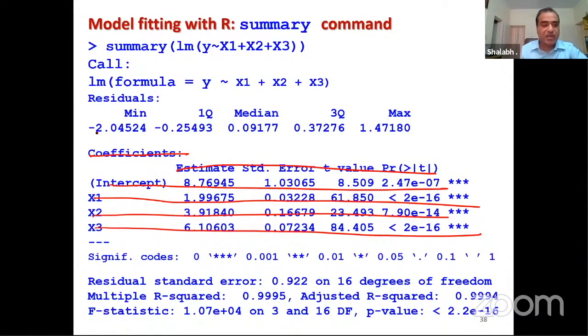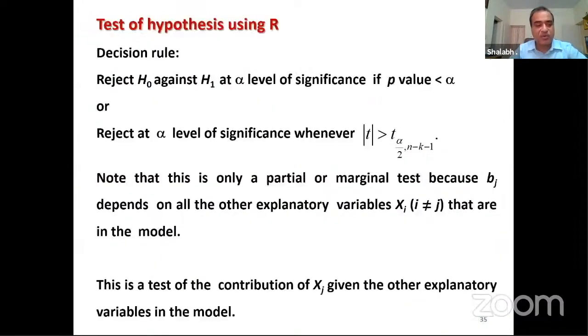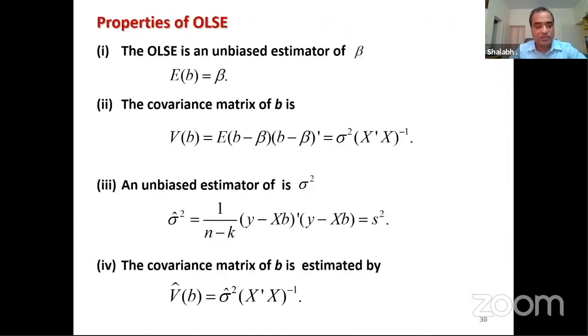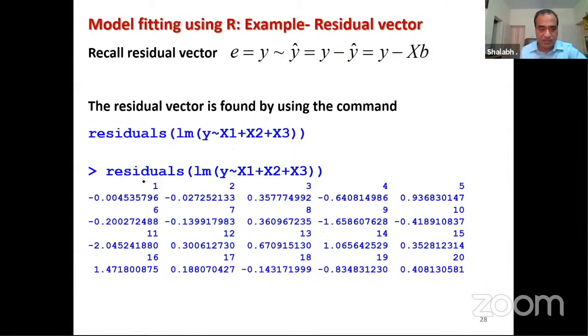Okay. Now, if you try to see here, this is residuals: minimum, first quartile (1Q), median, third quartile, maximum. So here you can see you have found the values of residuals. You can see these are the first value, second value, up to the 20th value. So what it is trying to do is, these are the 20 values of the residuals corresponding to these 20 observations,